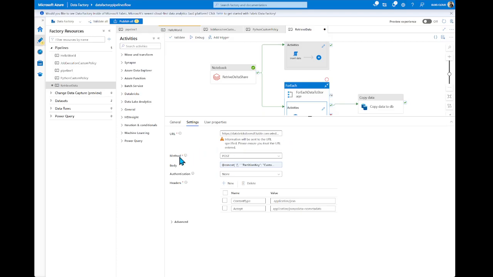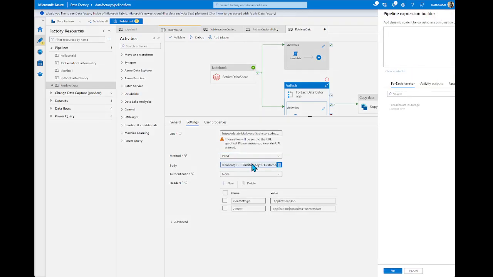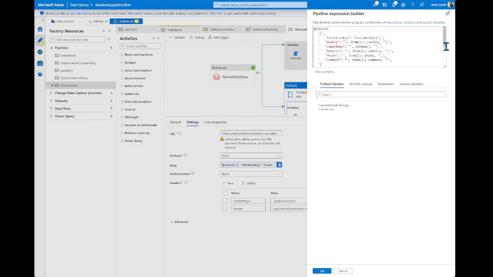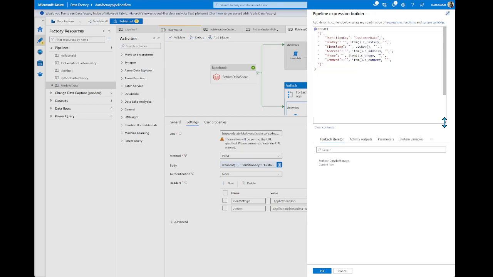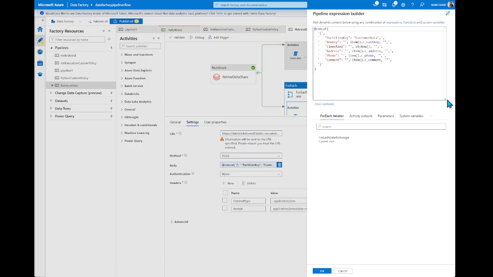The next parameter is method. You need to select post. If you need to update tables, you need to use put. And in our case, we insert the data. And the actual body: what we need to specify, what we need to populate in our storage table.